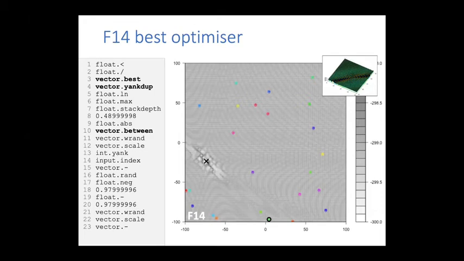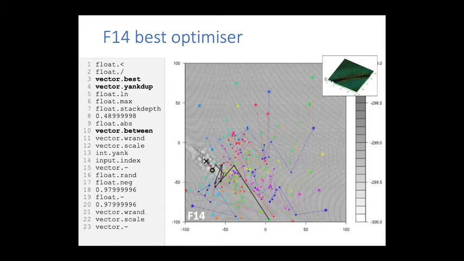And then finally for F14, this was the best optimizer. And as I said earlier, this was the only problem on which larger populations seem to be best. This has a population of 25. I let it play. You'll see this behaves much more like a swarm algorithm, and these search processes are doing things together. So they're basically looking up the current best, and then they're sampling a point somewhere between their own trajectory and this current best of the population.